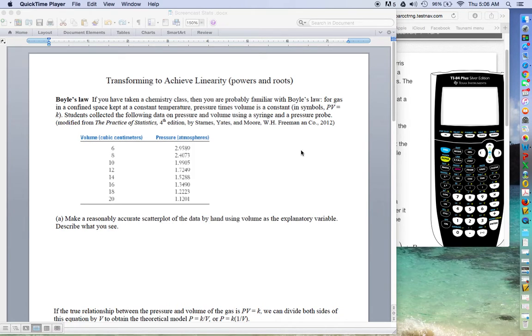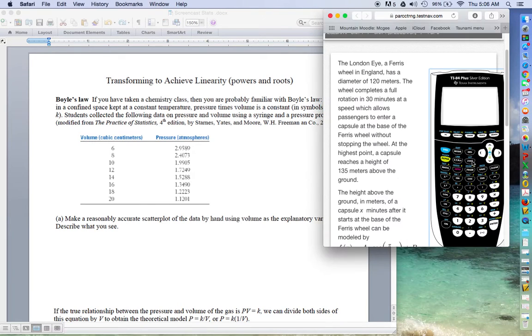You want us to describe it. So probably want to do the 3-feature description. So I'm going to go to Stat, Edit, and start entering my data. Let's see, 6, 8, 10, 12, 14, 16, 18, 20,